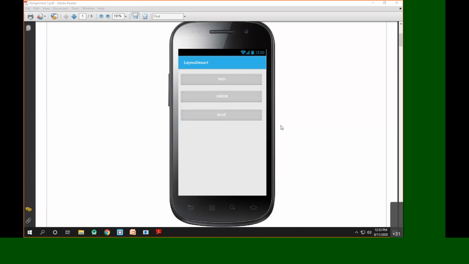So we said a linear layout is a layout where the elements are aligned either one below another or one in front of each other. This is basically called a linear layout. Now, based upon whether the elements are one below another or in front of each other, we decide the orientation of the layout. So this is the orientation. Anybody knows what will be the orientation here? What will be the orientation of this linear layout?